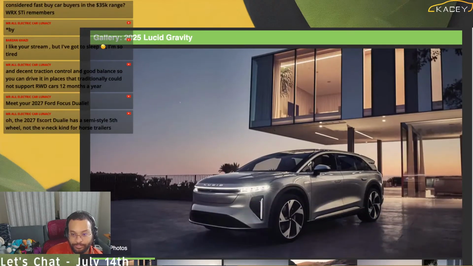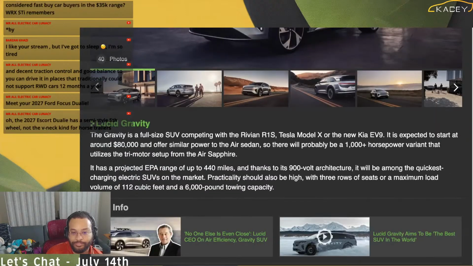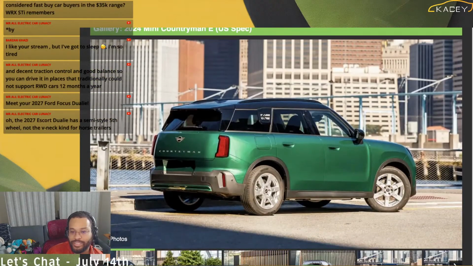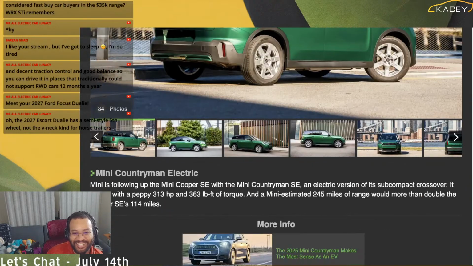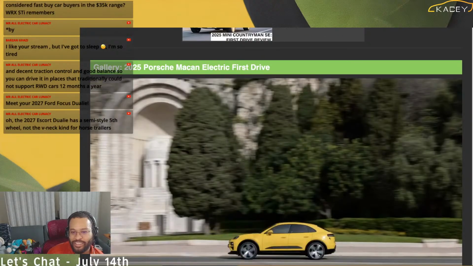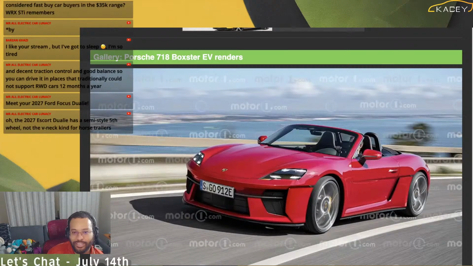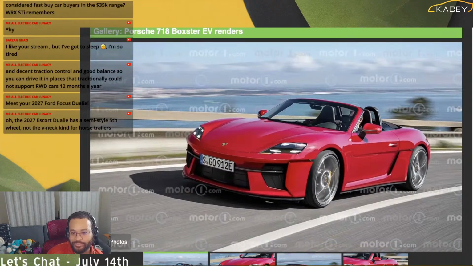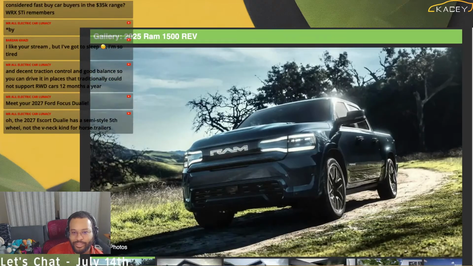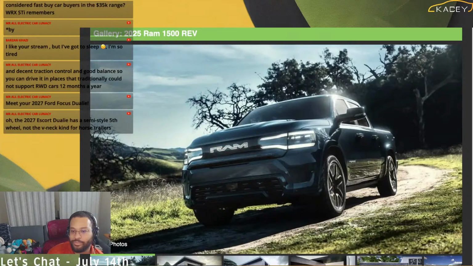Lucid Gravity. The Mini Countryman E. In that green, it doesn't look as new as it is. The Porsche Macan Electric First Drive. The 718 Boxster. The Ram 1500 Rev. So this one is the full EV versus the Ram Charger, which is the